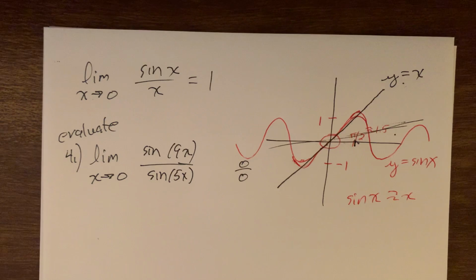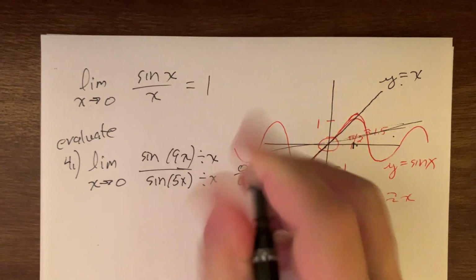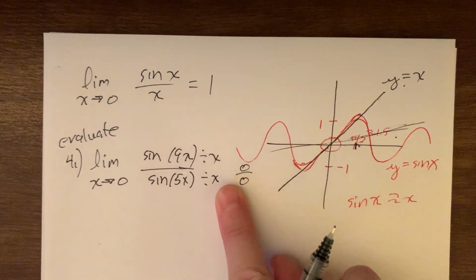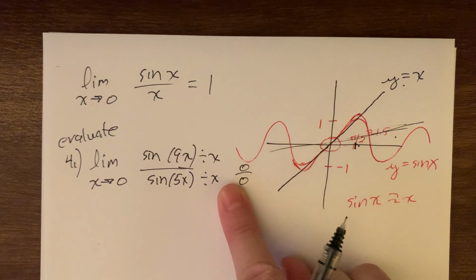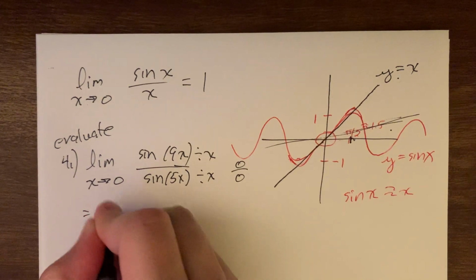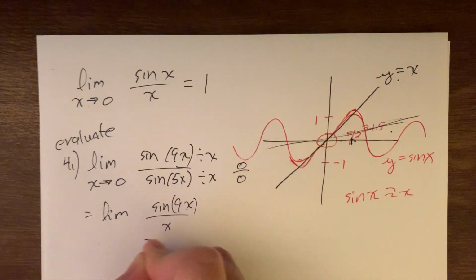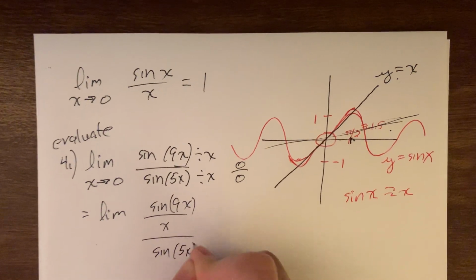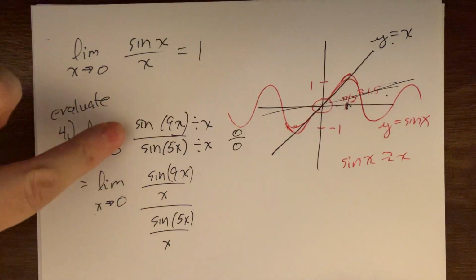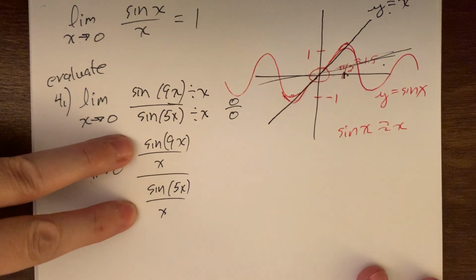So the way to start that is I'm going to divide both top and bottom by x, or multiply top and bottom by 1/x. It's just like everything else. I can't just do it to the top or the bottom. I have to do it to both. And this is great because both of them need it. This looks like I took something that wasn't that bad and made it into this big, ugly fractional mess, but